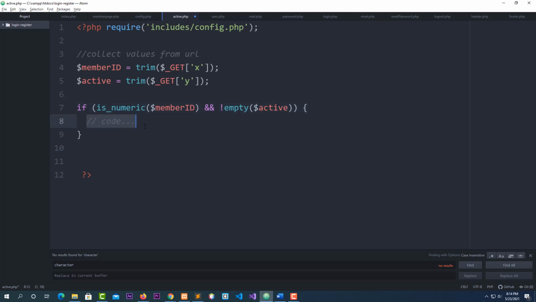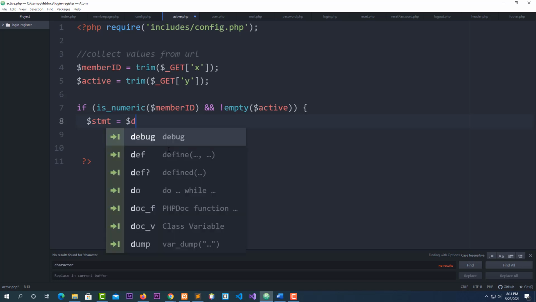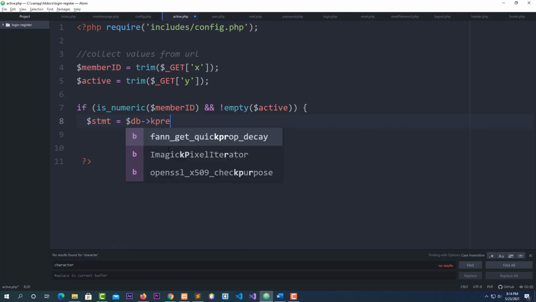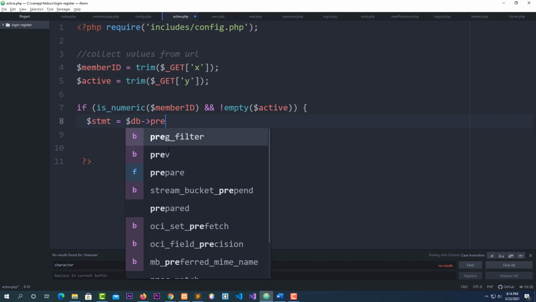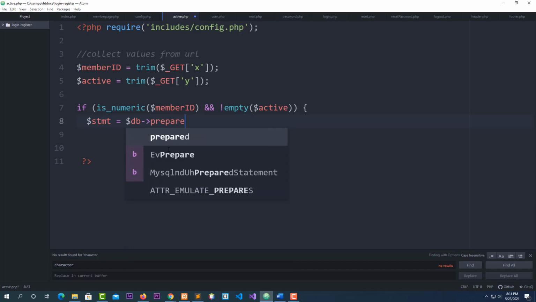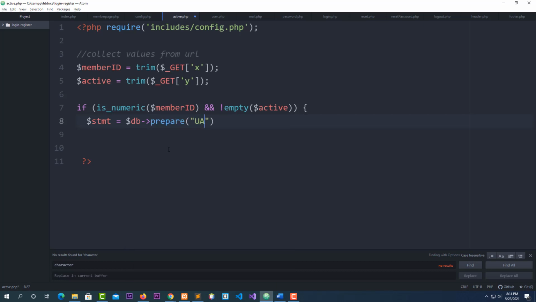I have to carry on. I'm going to put my code here. Okay, now I have to use a statement. I'm going to say $statement, $db prepare for me, okay, and I have to